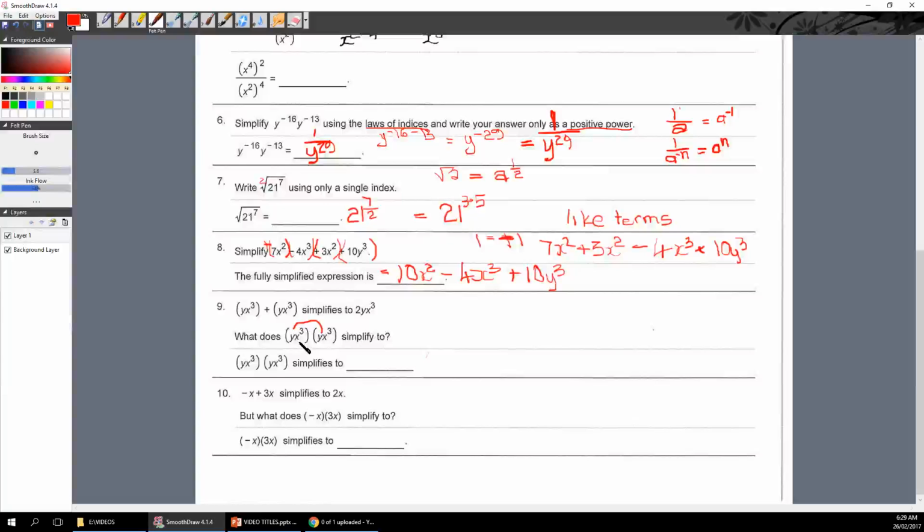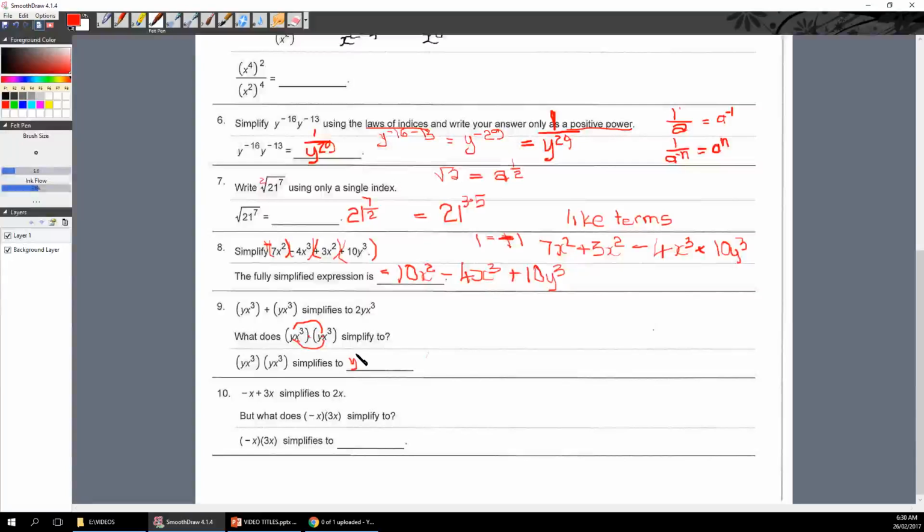And these x cubeds are going to be x to the 6, because you can add the indices. So they're all multiplied together. You could take the brackets away. There's a multiplication in between there. There's one there. And there's one there. So it simplifies to simply